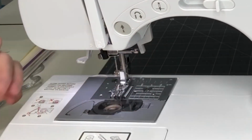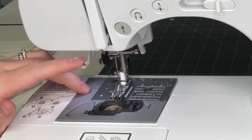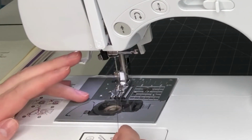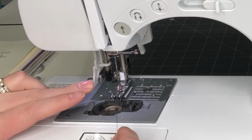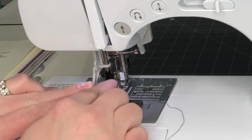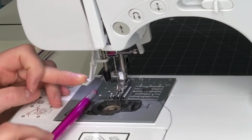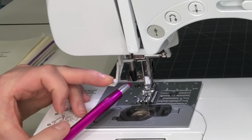I did it, amazing. But some machines have a handy little threader, and it takes a little practice to get used to this, but once you get the hang of it, it is so nice. So what I do is I lower it with my middle finger, and you'll see that this little thing comes right through your needle, okay? Your thread is going to go under this little bar here. Hope you can see that. It goes through this bar,